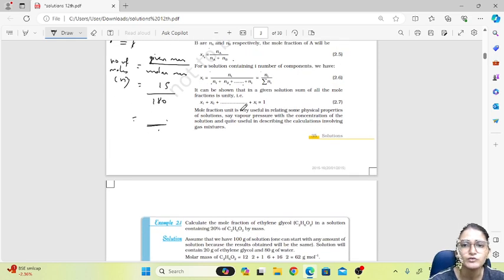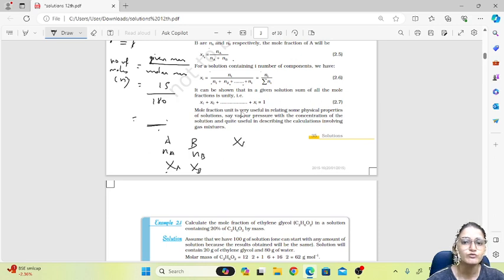And one more thing you have to remember here. Now we will talk about binary solutions only. In binary solutions, I have component A and component B. So I will have their respective moles, that is Na and Nb, which will give me the mole fractions, that is chi A and chi B. Okay, so chi A and chi B, if you have two components, then there is one relation that will tell you about chi A and chi B.